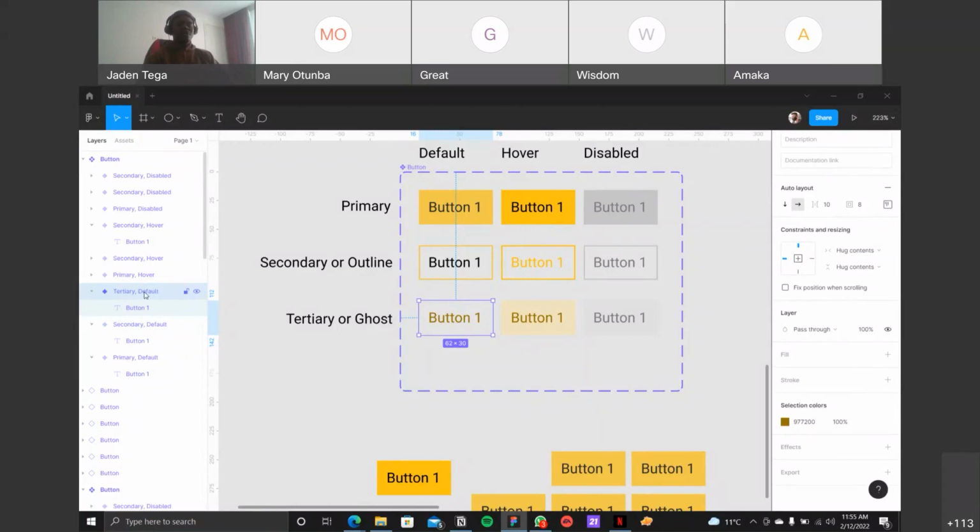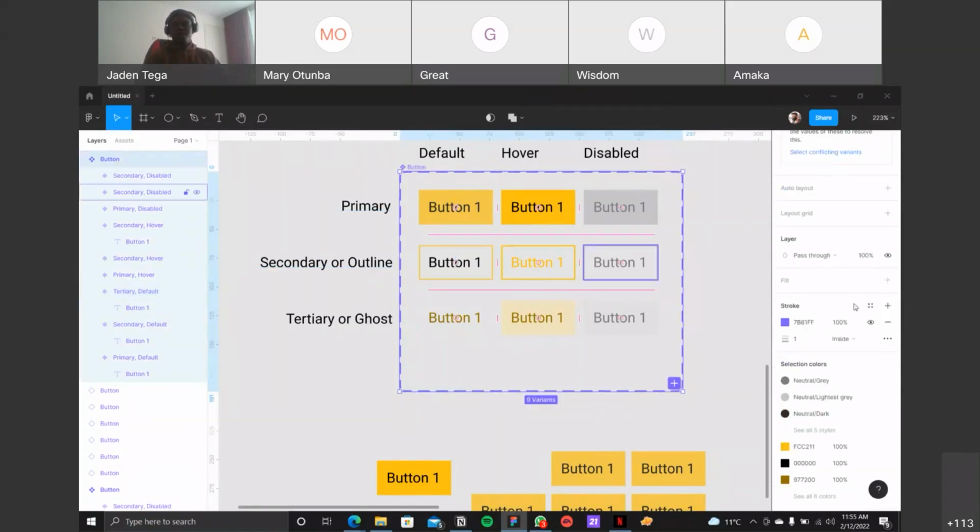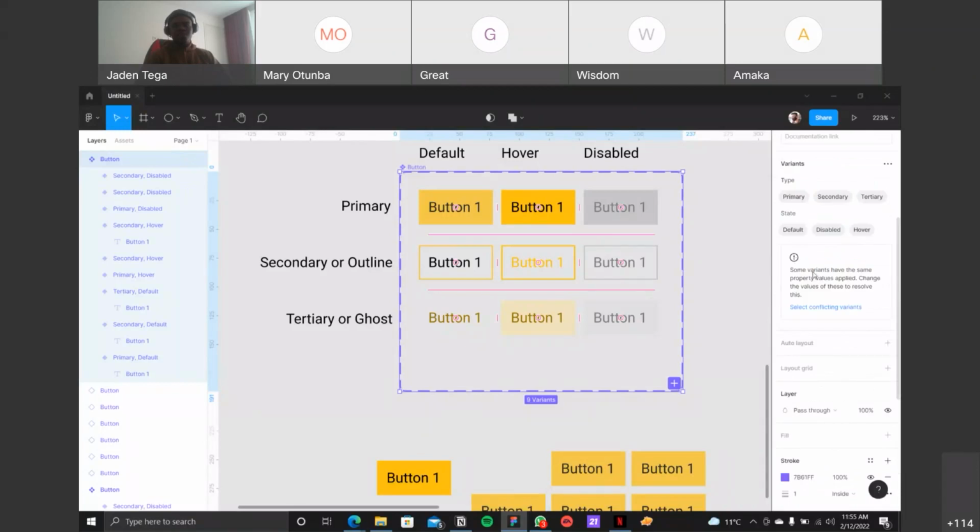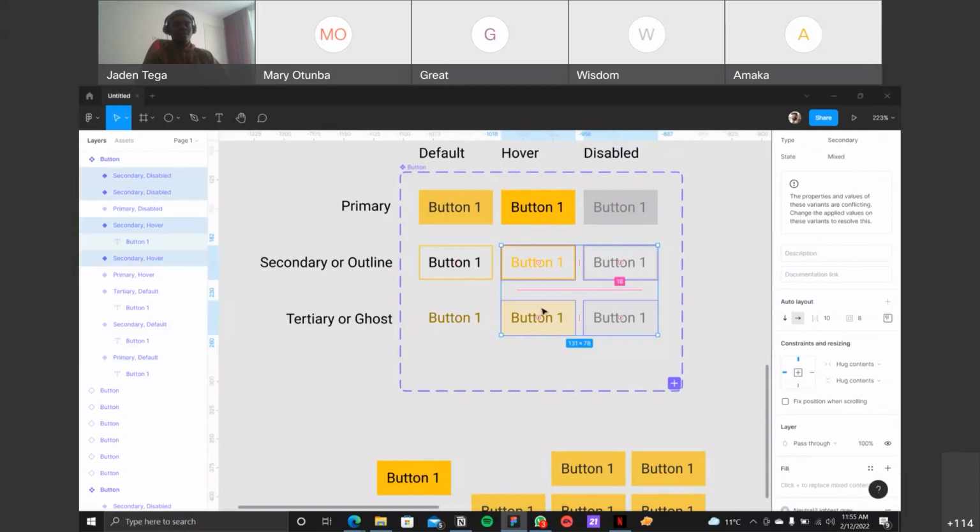And because I've changed one of these to tertiary, if I click on this variant, we should still get that error. Some variants have the same property values applied. That's because we've not changed this from secondary to tertiary over, and we've not changed this from secondary disabled to tertiary disabled, right? So if I select the conflicting variants, you can see it selected these four because they all have